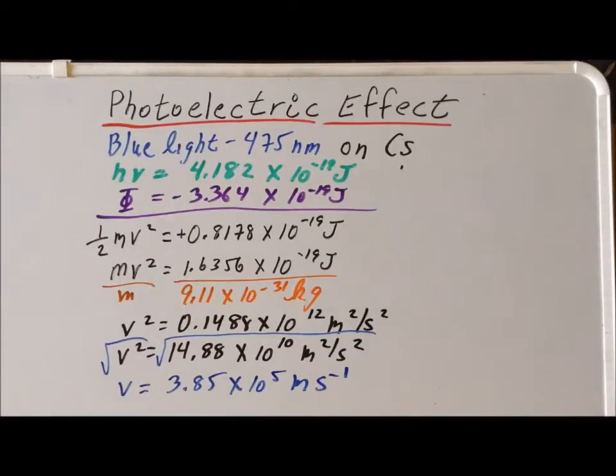We want to do a very quick reasonableness check on this because we recall that the speed of light is just about 3 times 10 to the 8th meters per second. If this velocity were to be an appreciable percentage of the speed of light, we would have to use a completely different equation because then relativistic effects and the special theory of relativity would become important. But since this is much smaller than even 1% of the speed of light, this is a reasonable answer. And this is the velocity of each electron that's going to be ejected from our cesium metal when we shine light with a wavelength of 475 nanometers